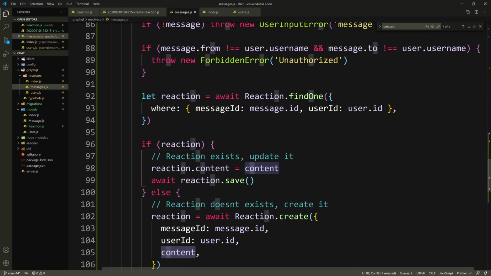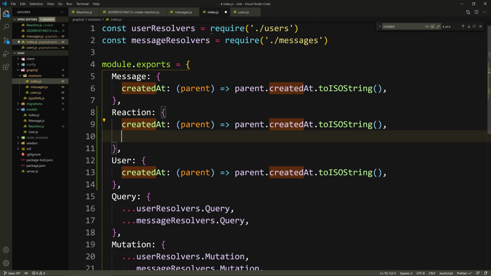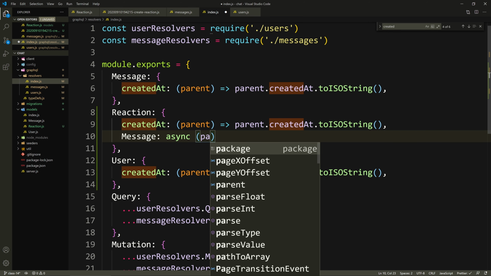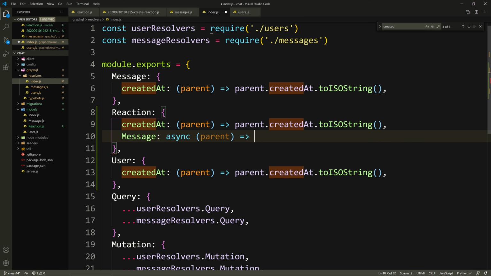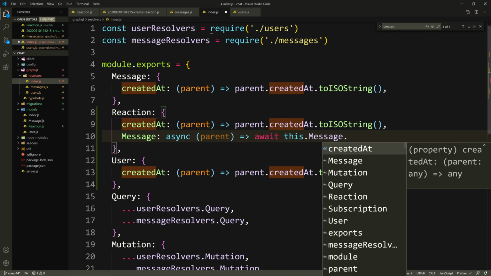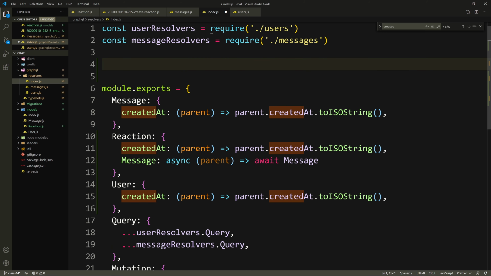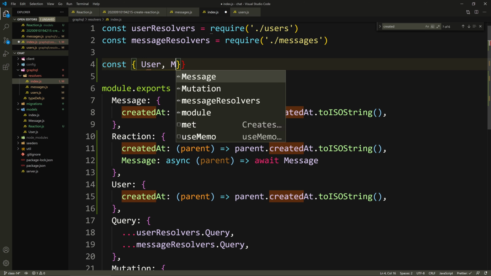We can include them here, but we can also include them in the field resolvers, which is what I'm going to do. So here inside of reaction, we're going to add the message field, and this will be an async resolver, and it will take the parent and it will return. So it will say await message dot, oh, we need to import it. Actually, we need to import the user as well. So user and message,